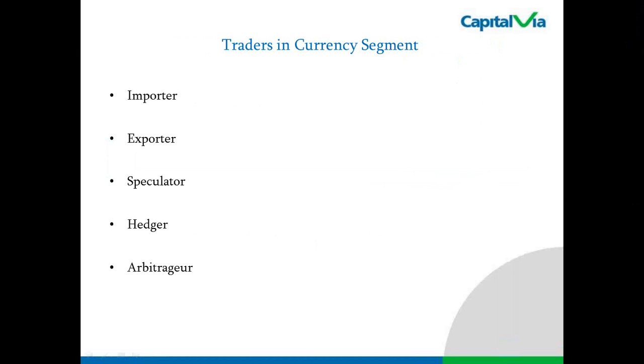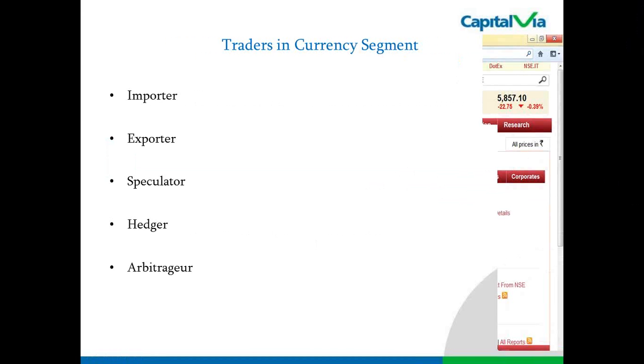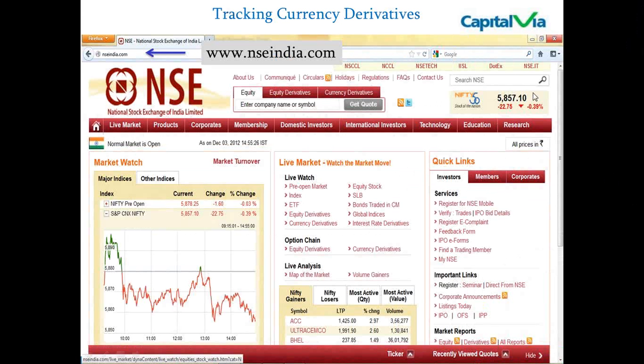Now who all trade in the currency segment? Importers, exporters, speculators, hedgers, and arbitragers. Speculators, the more focus is on the speculator kind of traders, because the speculators are those who can trade very frequently and make money very frequently. Now as you can see,